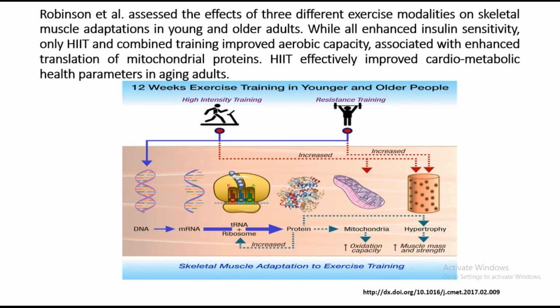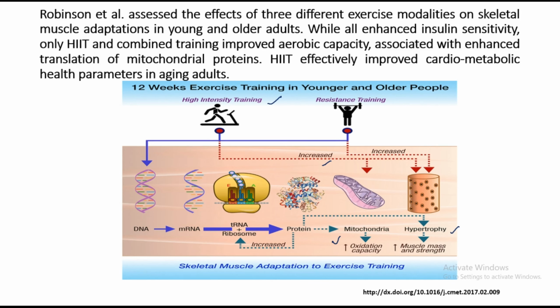And here this slide shows how high intensity interval training, along with resistance training, increases muscle hypertrophy and oxidative capacity. So remember the oxidative capacity, as I mentioned, is the utilization capacity of oxygen per given time. So oxidative capacity is one of the key adaptive factors as far as muscle adaptation to training is concerned.